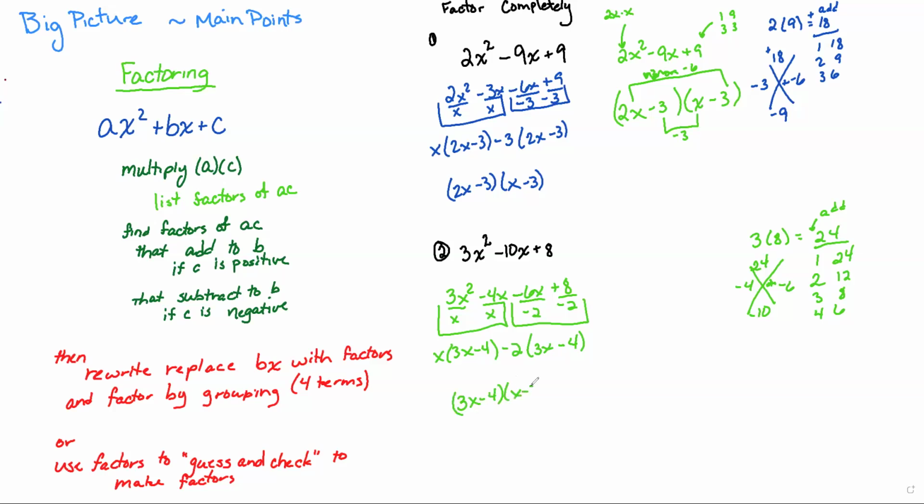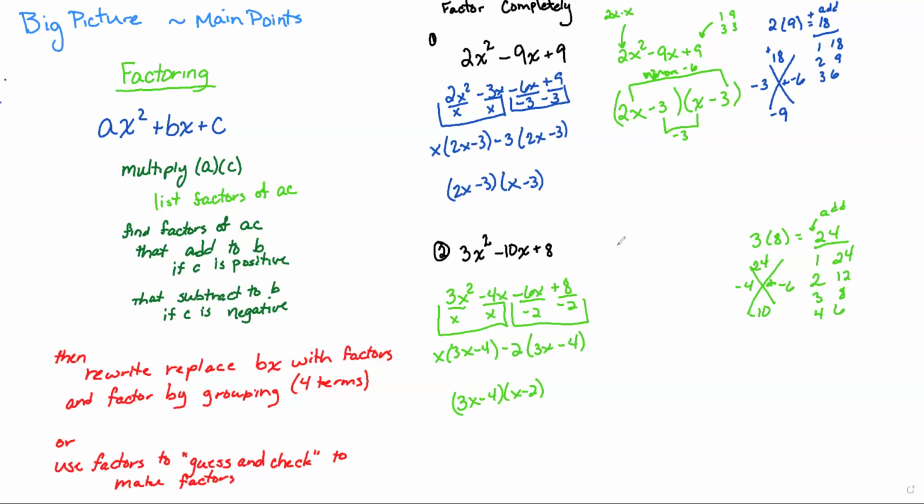and x minus 2. Remember, it could go if you put the factors in the middle the other way. So if I would have done negative 6x minus 4x, it will still factor. You'll just have the factors in the opposite order. Totally fair. If I'm redoing the problem, thinking guess and check, because that is another way to think about this,